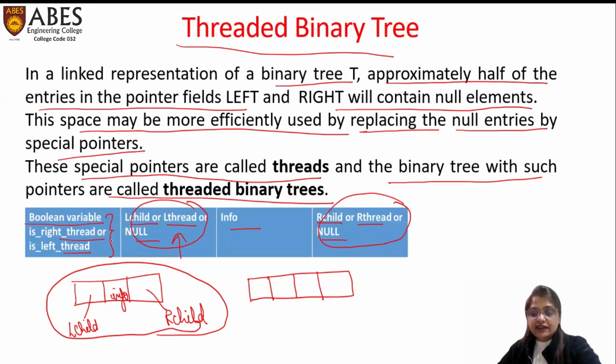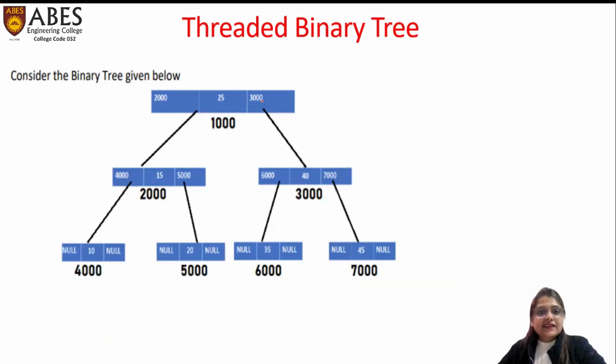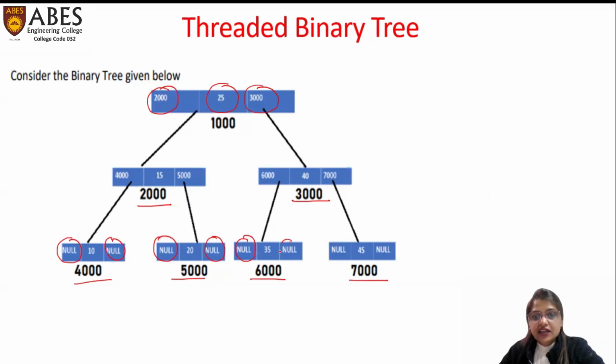Let us consider an example. This is an example where we have shown the linked representation of a normal binary tree. This is the info part. This is the address of the left child, and this is the address of the right child, which are 2000 and 3000 respectively. Similarly here, these are the leaf nodes, and there are no further children, which is why these parameters are null. So we can see that in this linked representation, many entries in the leaf nodes are null. Utilizing the concept of threading, we can replace these null pointers with a special pointer,